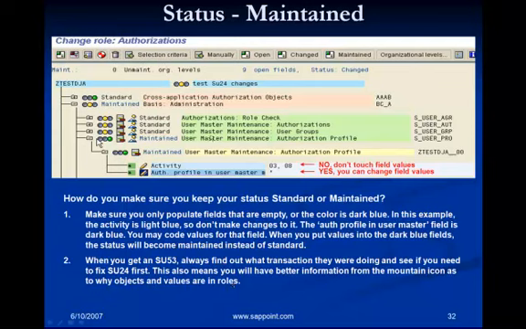So what it means is that in a role, as much as possible, you should have the object statuses as either maintained or standard. And if there is anything that is needed, you first have to use SU24 as much as possible, so that the relationship between the transaction code and the objects can be displayed when you click on the mountain icon, and that helps in performing your analysis of the role.